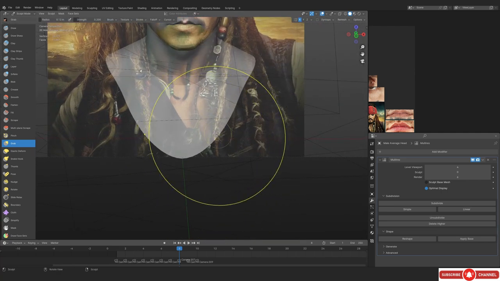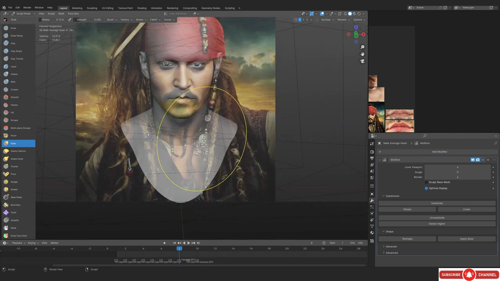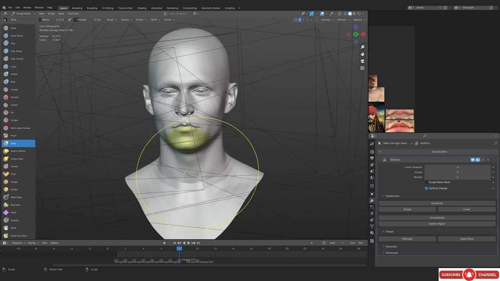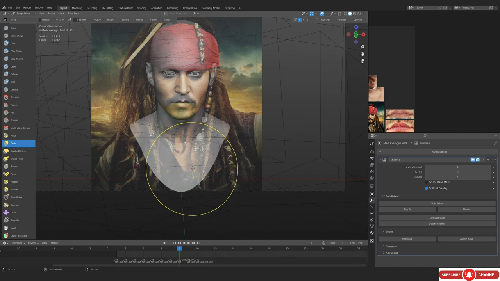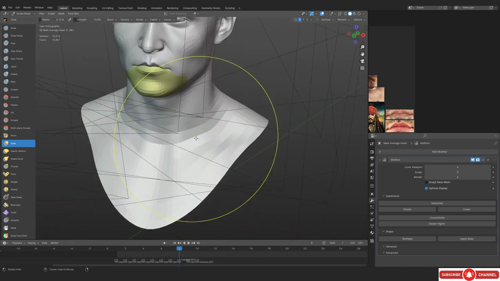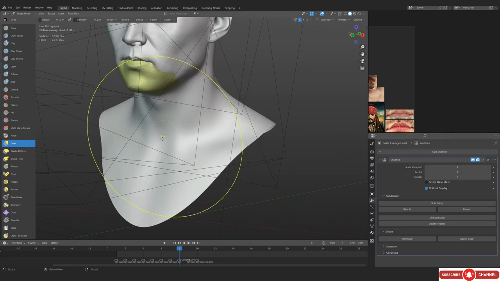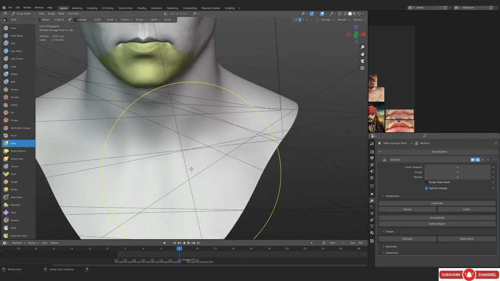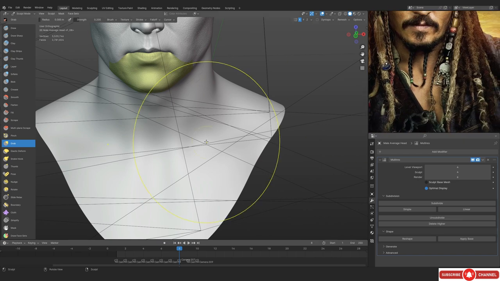At this point, I should have just removed the symmetry and pushed it towards the left part. And I am saying left or right based on Johnny Depp's perspective, not from my perspective. From my perspective, I should have said right, but yeah. So as I've said, I could have just removed the symmetry and pushed it to the left. But now you can see that the collarbone is messed up, so we're gonna have to fix that.